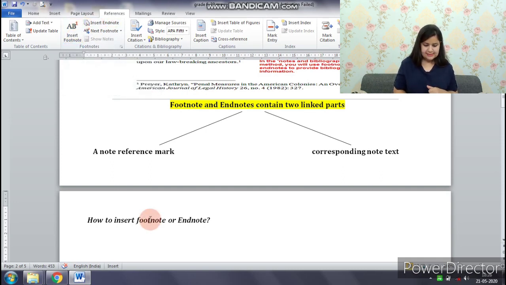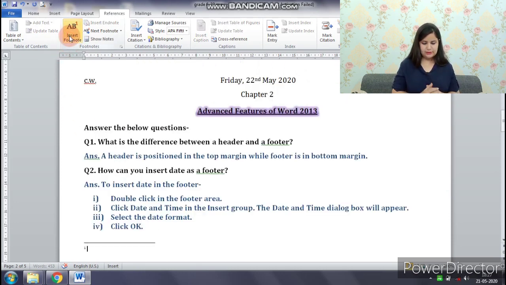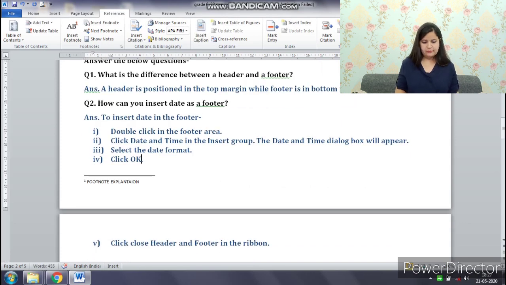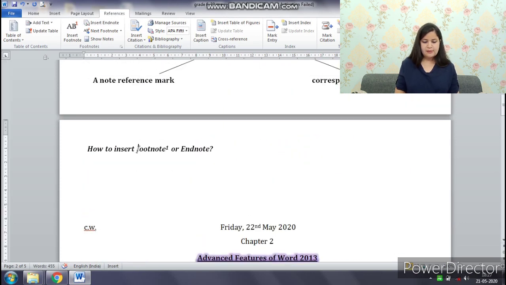So let us insert a footnote here. I want a footnote at the word footnote, so I'll bring my cursor here and click Insert Footnote. Can you see this number? Here I can write its meaning, the footnote explanation. At the bottom of the page, as I told you, you can see the footnote.